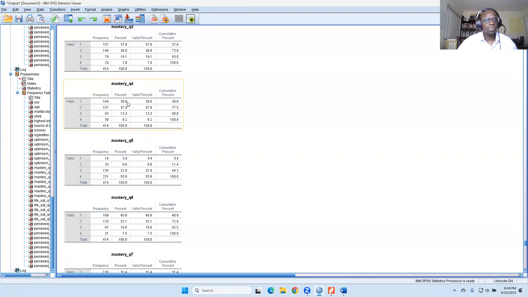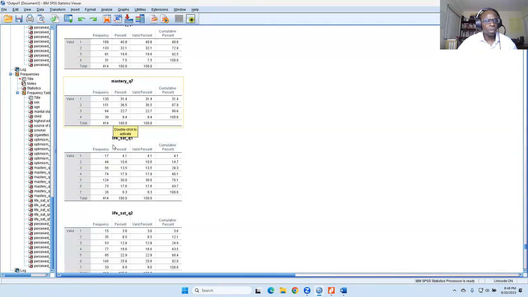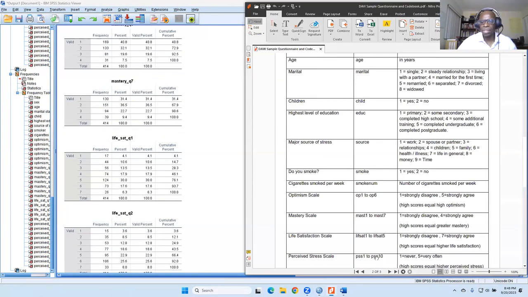So mastery is 1 to 4. All right, so life satisfaction looks like it's a 1 to 7 scale. And we look at our questionnaire or our code book, and it's 1 to 7.